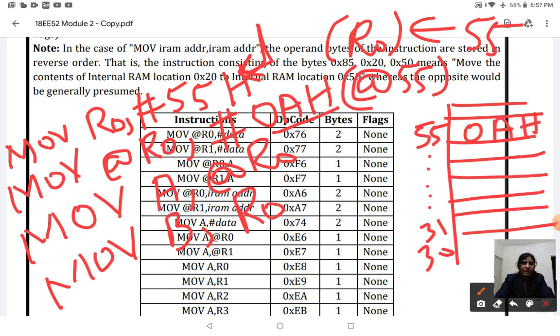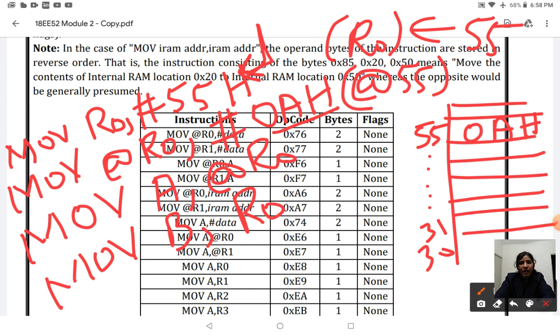After the @ you are supposed to use only the registers R0 and R1. So R0 value is 55, and the 55th location will have the data 0AH.